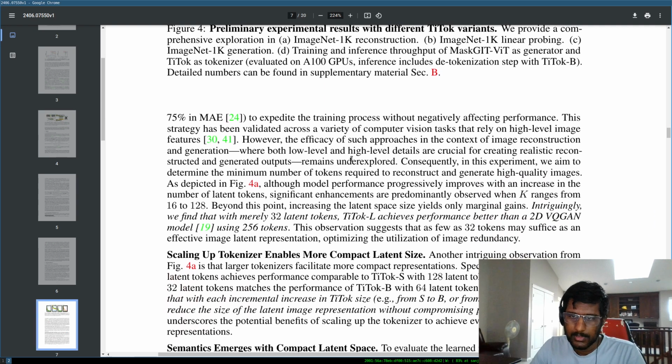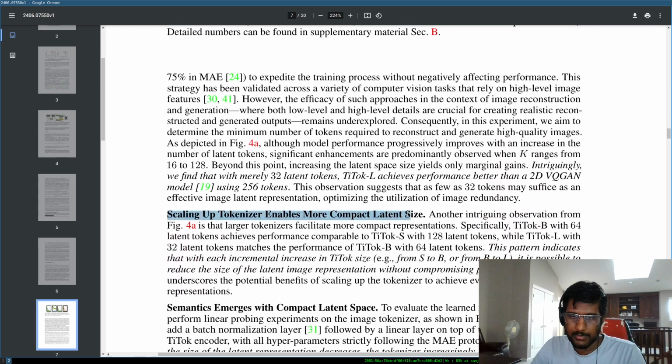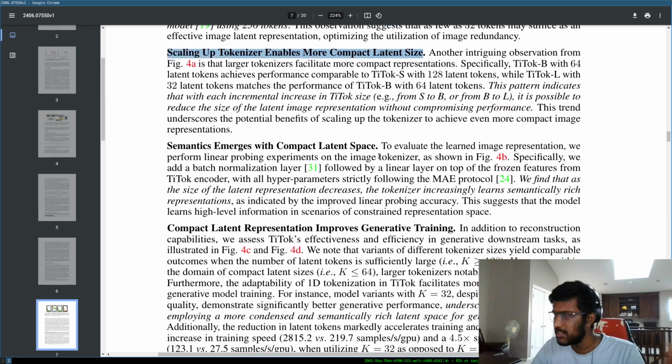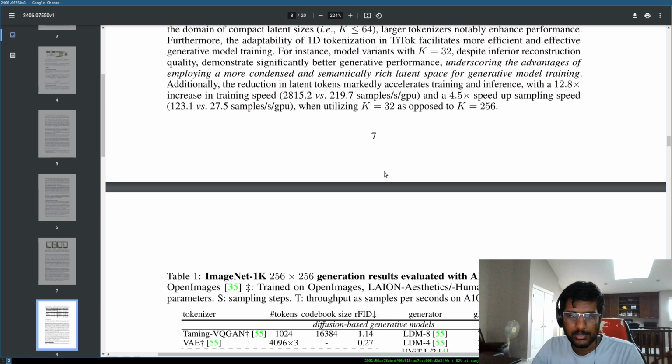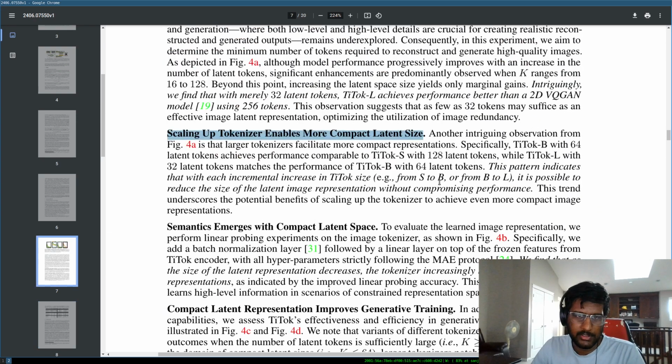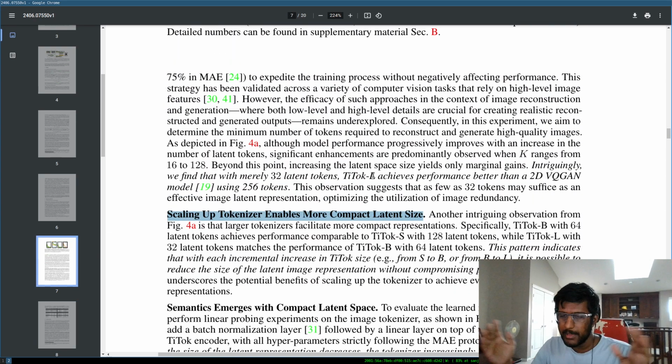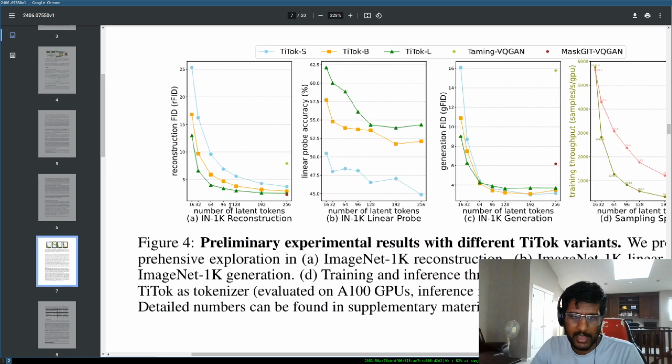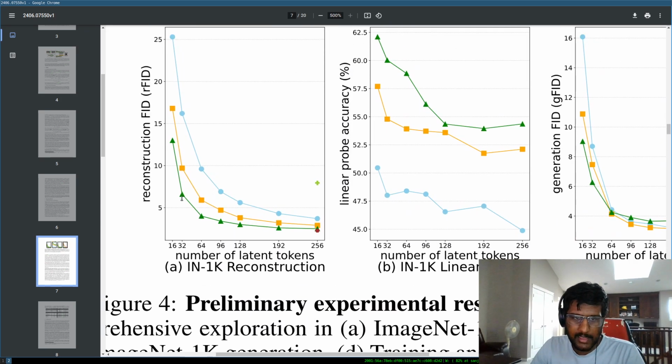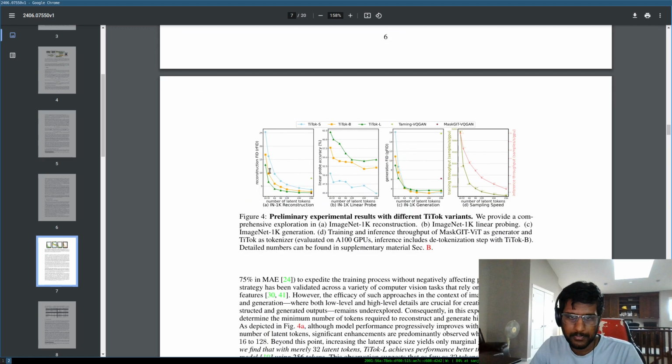And so scaling up enables a more compact latent size. I believe they showed us later in the paper, but they don't get to it yet. Basically, if you're able to make the model bigger, you're able to use a smaller size. If we go back here, you can see that if you want roughly a 7-ish on rFID, it's 32 tokens with the largest model, 64 with the medium model, and 96 with the smallest model. So in essence, the bigger you make these models,